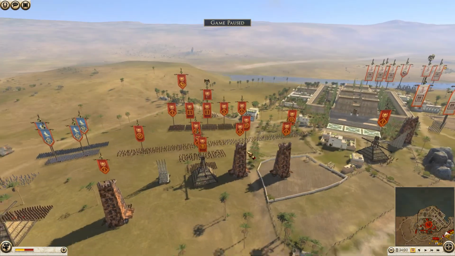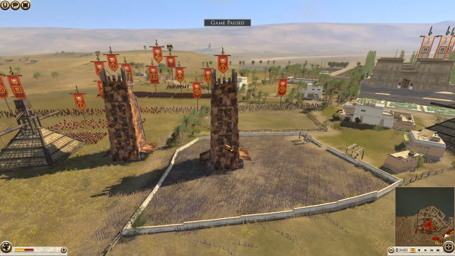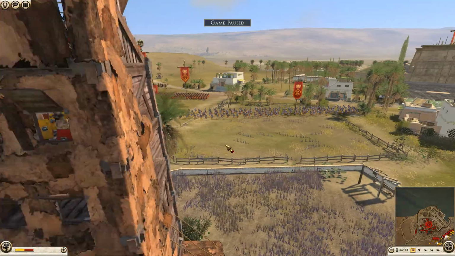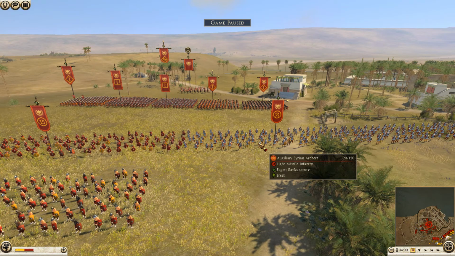Getting into his first ally here, we have Rome. Rome is being commanded by Pacek, I think that's his name. Sorry if I'm saying your name incorrectly. He has brought with him 3 units of the first cohort, 4 units of gladiators, 2 units of Praetorian Guard, 2 units of Triarii. He's got 2 units of Velites, 2 units of the auxiliary Syrian archers, 1 unit of